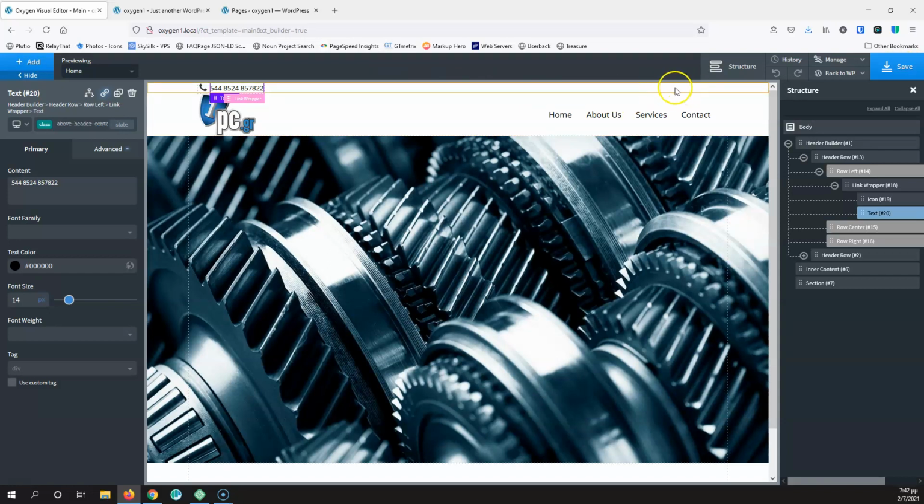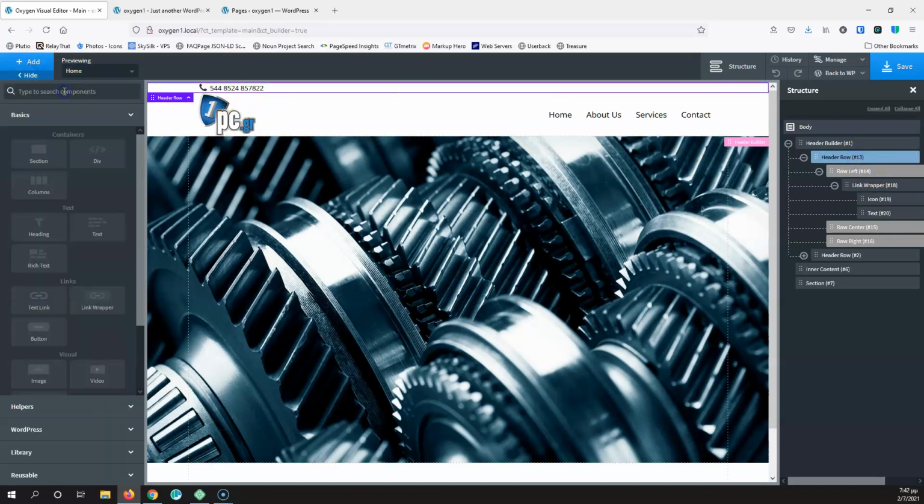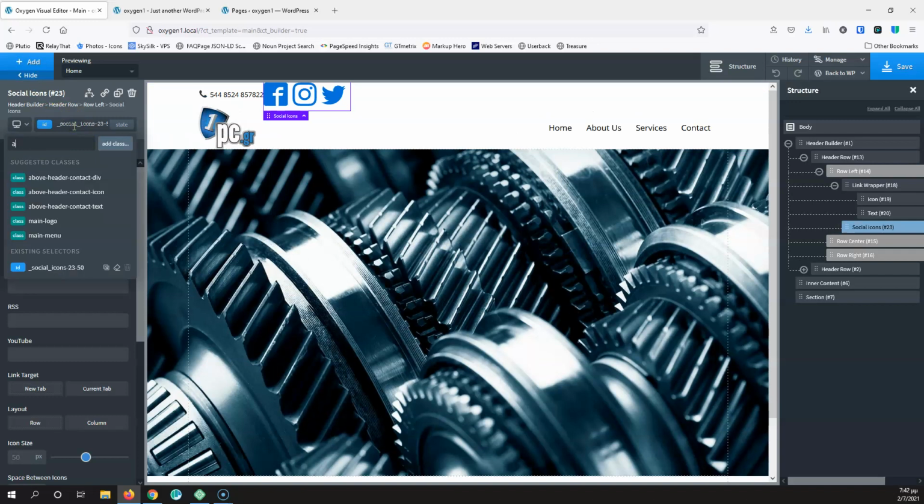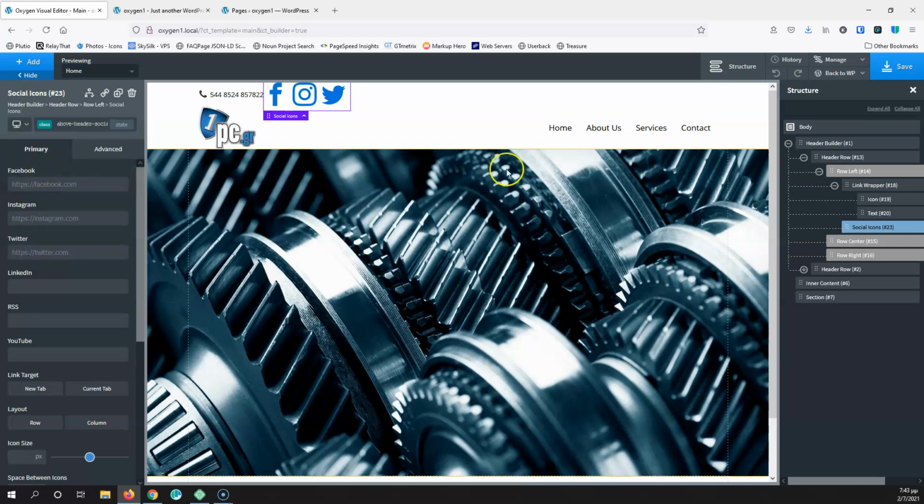And for this section I will add some social icons. If you want, you can add another div and put here your address or something different, or a fax number or a mobile number or something else. You can do that by cloning the div and of course changing the contact information. I want to add also something different. I'm going to select the header row again and select the social icons. I'm going to put here social icons above header social, something like that,